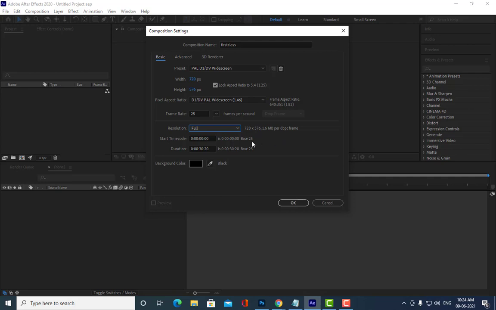The next thing, concentrate on this area, everybody. This area is telling us the duration of our composition. What is duration? It means how many frames, seconds, minutes, hours our composition is going to be.